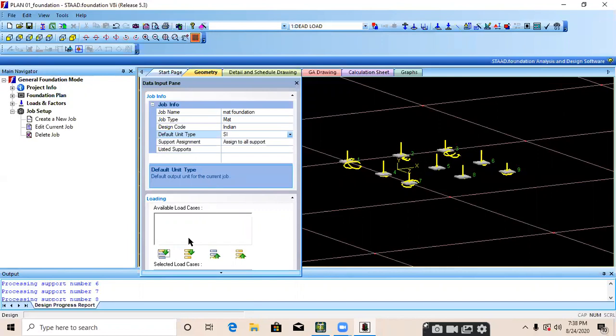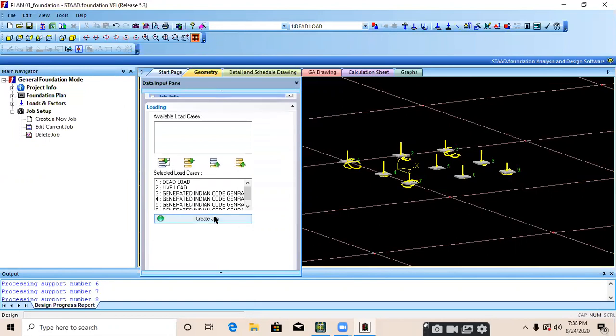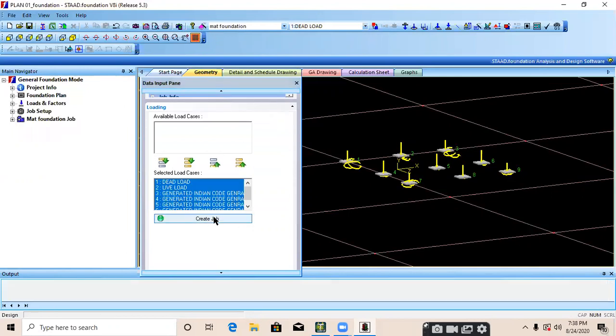You can select a live load and dead load individual. You need to select all the combination load and live load and a dead load. Please do not select any individual earthquake force and a wind force. Just remember that. And click on the create job.